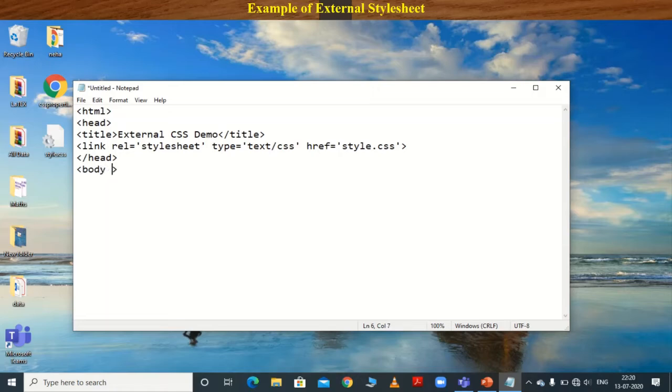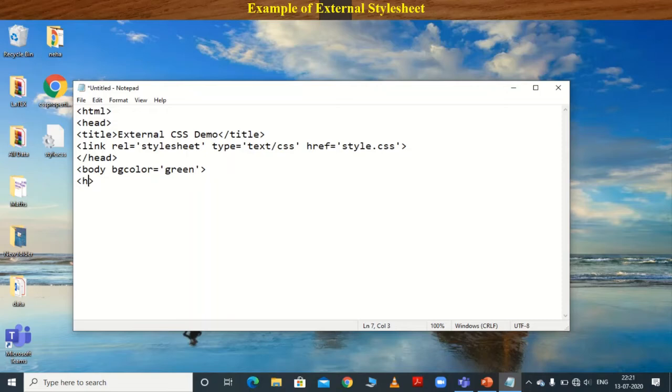Suppose I want to set the color of the web page, then which attribute do we use here? That is bgcolor equal to, in single quotes, suppose green. Then use the h1 tag, which is styled in the style.css file.